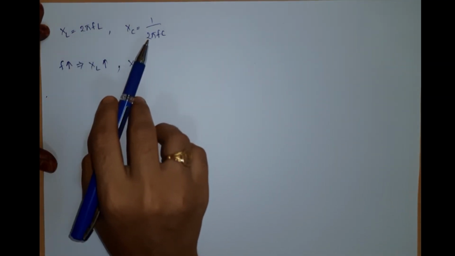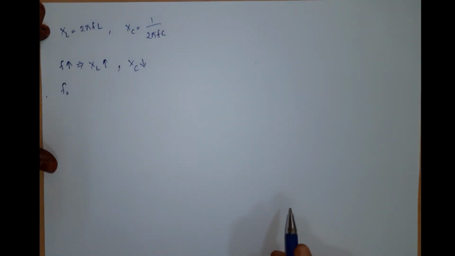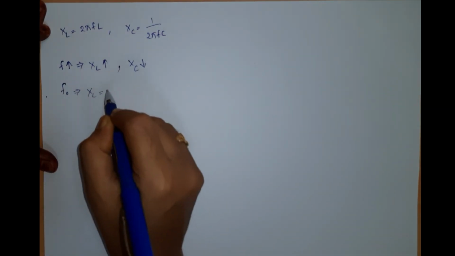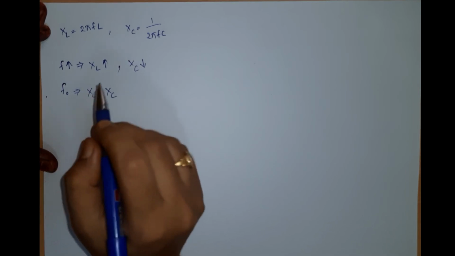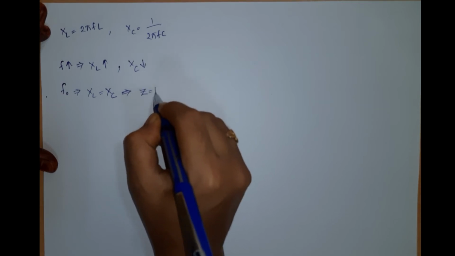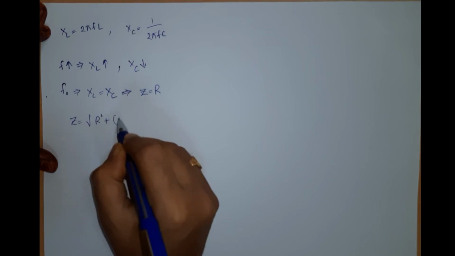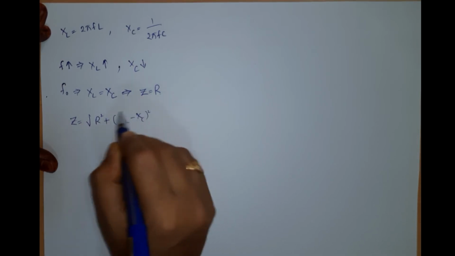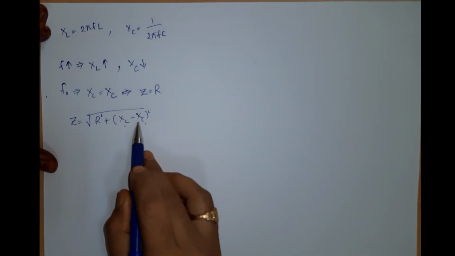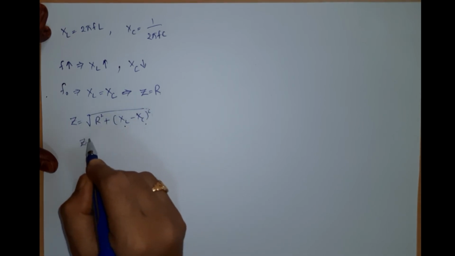Now, can we tell that there might be a certain frequency where the inductive reactance is equal to the capacitive reactance? Let me name that frequency F0. At a particular frequency F0, if inductive reactance is equal to capacitive reactance, then we can tell that Z is equal to R. Why? Because Z is nothing but the square root of R square plus (XL minus XC) the whole square, or not? Right? Now if XL is equal to XC, the term XL minus XC becomes 0, then Z will be equal to R.